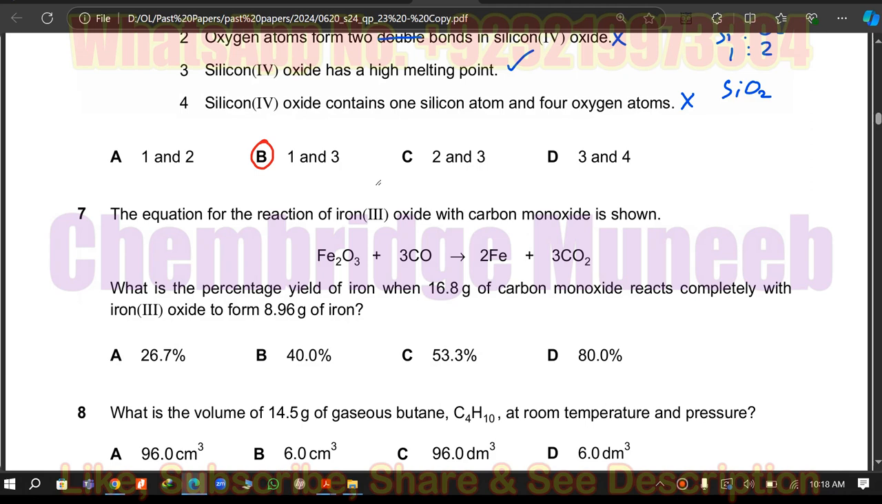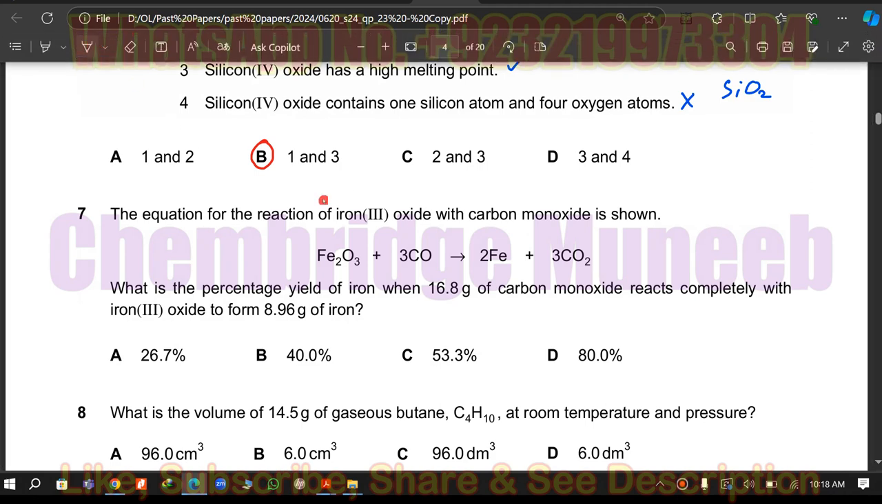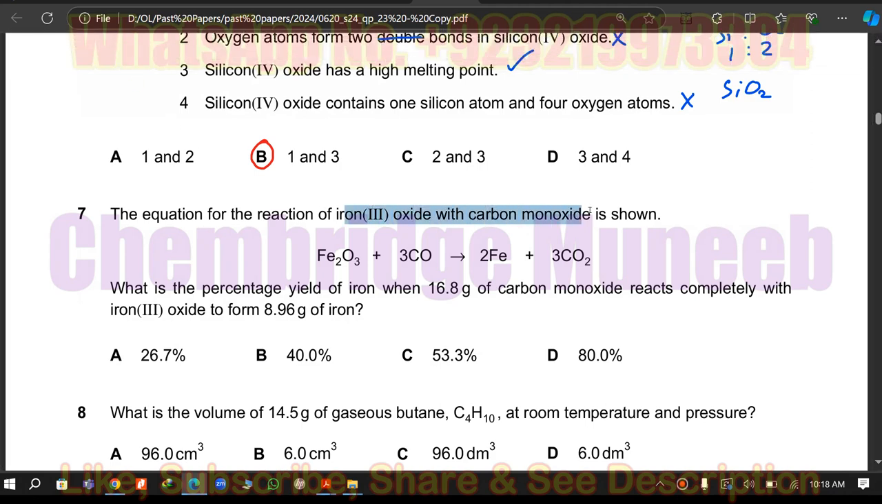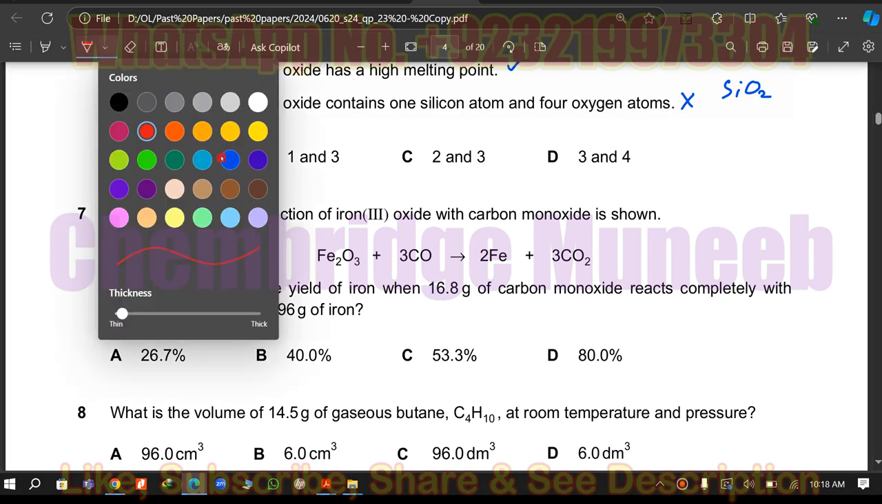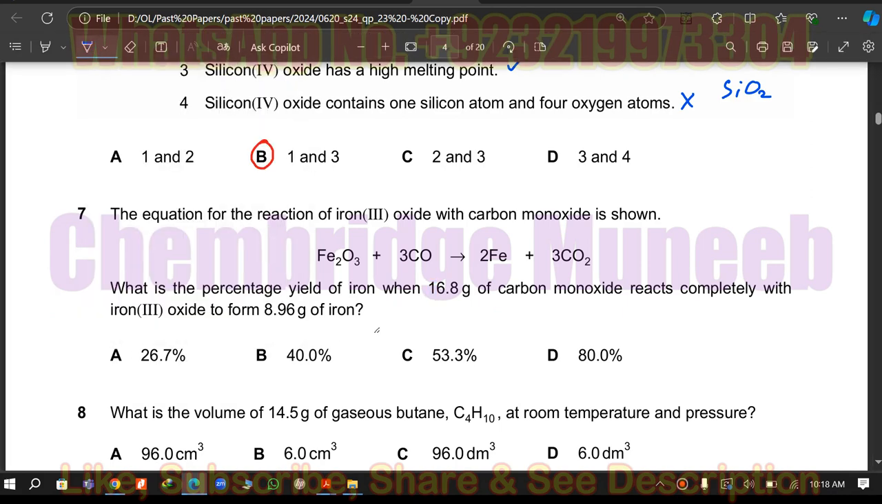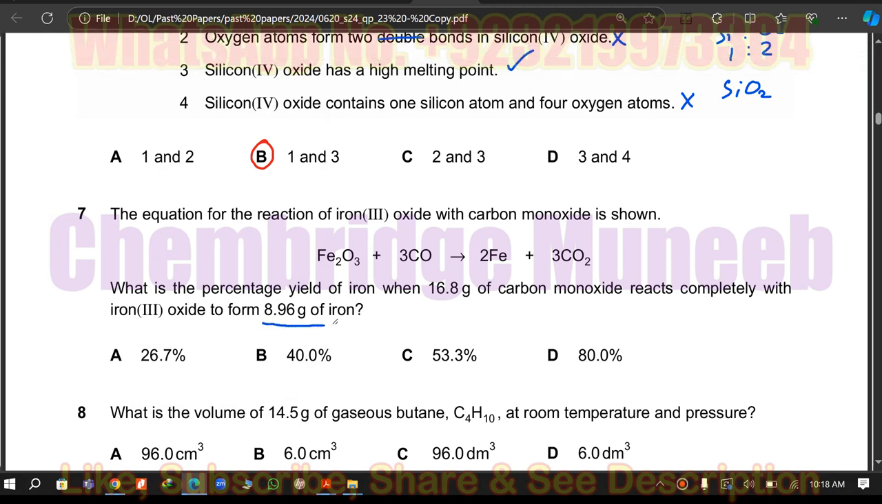Now question number 7. The equation for the reaction of iron 3 oxide with carbon monoxide is shown. We have this equation, and then we are asked what is the percentage yield of iron when this amount of carbon monoxide reacts completely with iron 3 oxide to form this amount of iron. Okay, so for this question we are provided with 8.96 gram of iron, and we need to find the percentage yield. You should know that percentage yield is calculated by